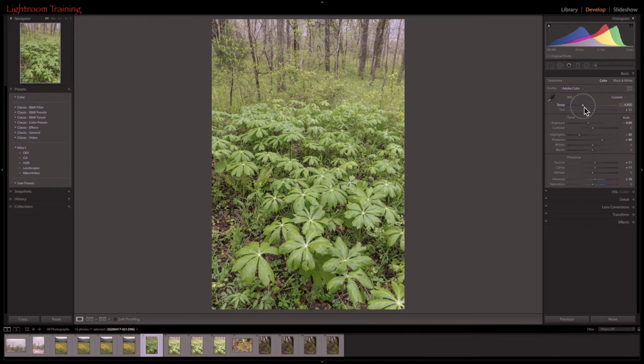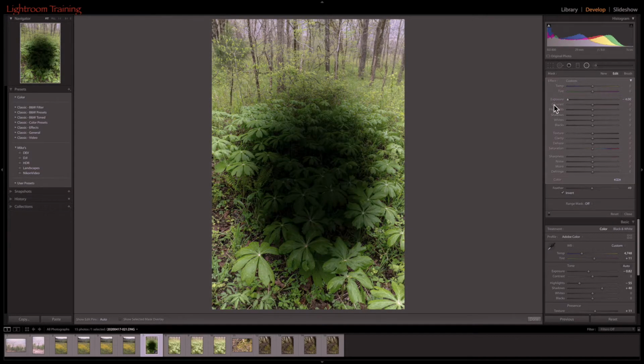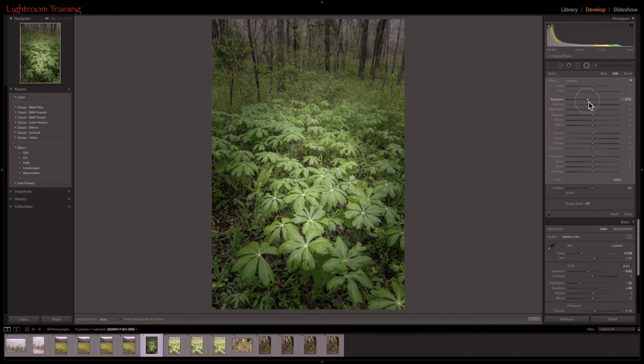Now here's the way to learn. Just slide your slider to the extreme so you can see what would happen if you go in what direction. I'm going to use my radial tool here, zero everything out by double clicking the effects over here, and this is where I want my viewer to look, right in here. So what I may do is brighten that area up. Now go back to my radial. If I turn this all the way down, I have it in backwards. If I turn that all the way down, you get that kind of vignette. Of course you wouldn't use that, so I'm going to turn it way down